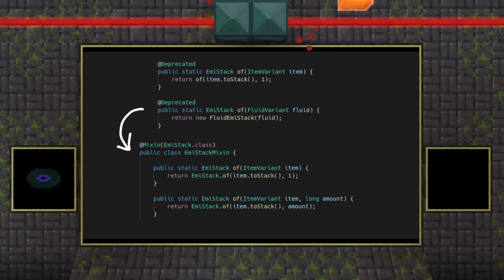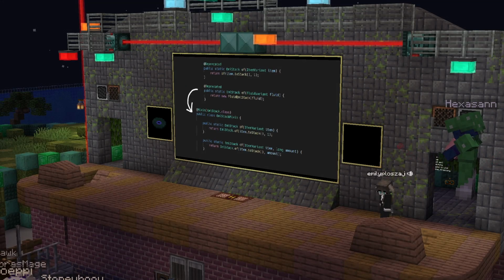Mixin has a concept called a mixin plugin, which can give you code control of what mixins are loaded and how they target classes. In addition, what we will be using is hooks to add your own transformations. Going forward, mixin is going to be used much less, and most of these changes are going to be written manually.